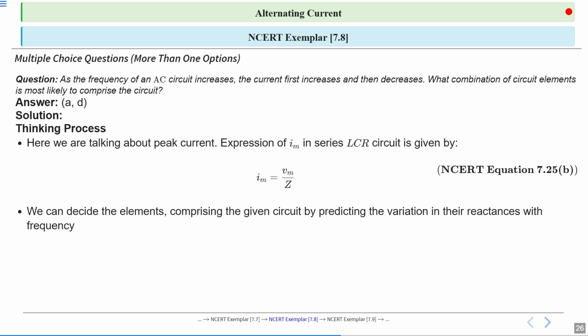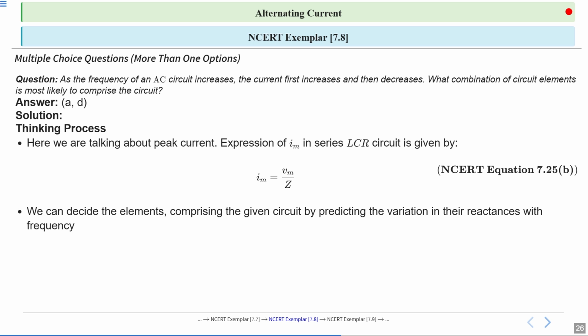When there is a resonance condition, what components are necessary in the circuit? The condition of resonance is when XC becomes equal to XL. If, out of capacitor and inductor, one component is missing, the resonance condition cannot be achieved. So both these components are compulsory. A resistor is not compulsory for resonance, but the inductor and capacitor are necessary.